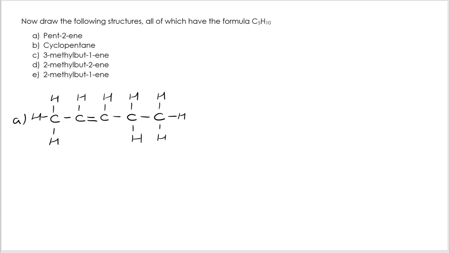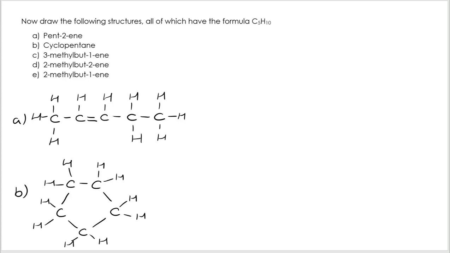So let's try cyclopentane. We again know that this is 5 carbons in a row, but it's cyclo, so it tells us we're going into a ring structure. So we have got here our 5 carbons. Each of those carbons can now have 2 hydrogens connected, so I've got my structure completed. If we look at C,